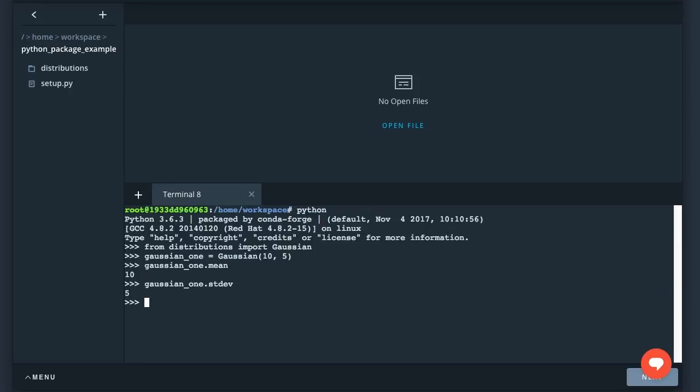So you might ask yourself, where exactly did the package get installed to? The answer is wherever pip installs packages on your system. If you're still in a Python interpreter and type import package, like import distributions, you can then type distributions dot underscore underscore file underscore underscore, hit enter, and that'll tell you where the package is installed. That's all it takes to create and install a Python package locally. In the last part of the course, you're going to expand this package, creating a binomial distribution class. And then you can upload the package to PyPI so that anybody can download and install your package.